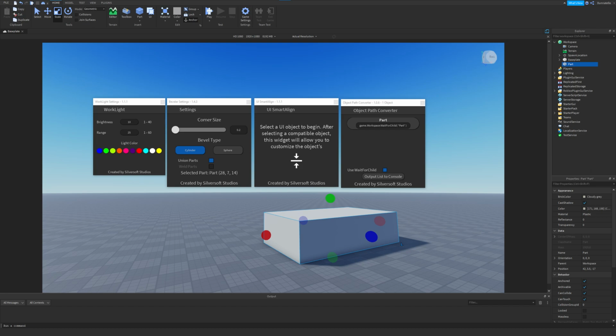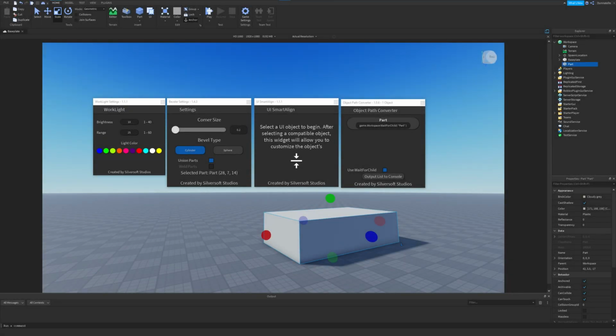When I originally wrote my first published plugin, WorkLight, I wrote the code specifically for that plugin. So when I would go on to create more complex plugins with more than one widget, I would have to manually copy the variables used to create that widget and attach it to all of the other functions. This was not a good idea, so I knew back in October of 2020 that I needed a new solution